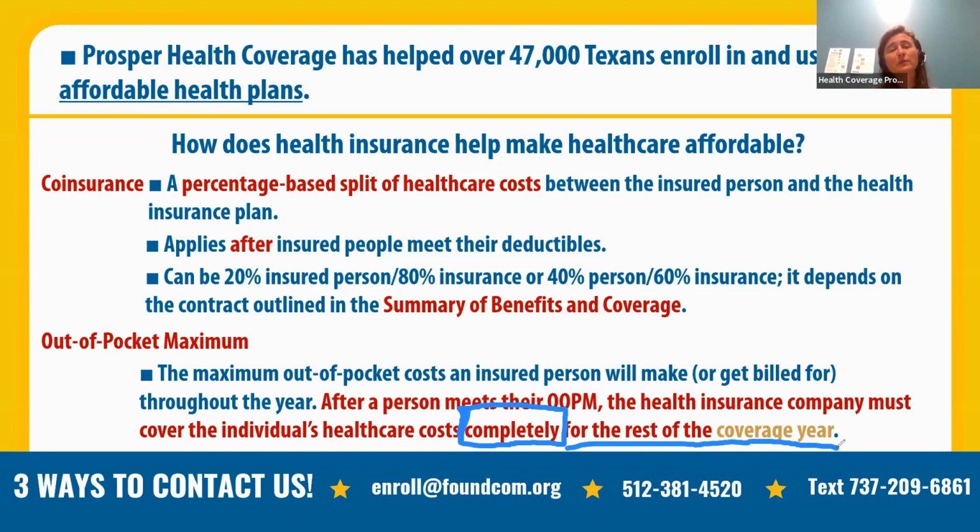But the out-of-pocket maximum is the real cornerstone of health insurance, because with some surgeries, if people have an accident and they end up in the hospital, like if you're in the hospital for a week, you're looking at hundreds of thousands of dollars of medical debt. And if somebody has an $8,000 out-of-pocket maximum and they're in a hospital that their health insurance company will help them pay for, then the health insurance company is paying for all of those hundreds of thousands of dollars after the $8,000 out-of-pocket maximum. So this is the real debt avoidance strategy of having health insurance.